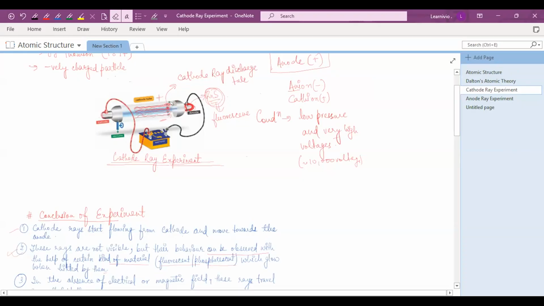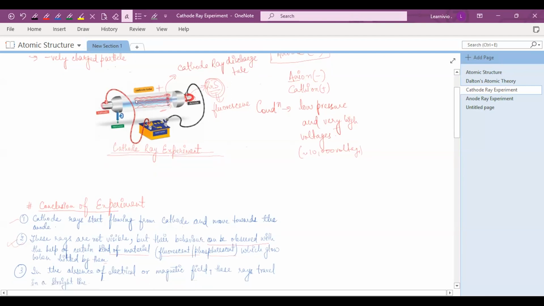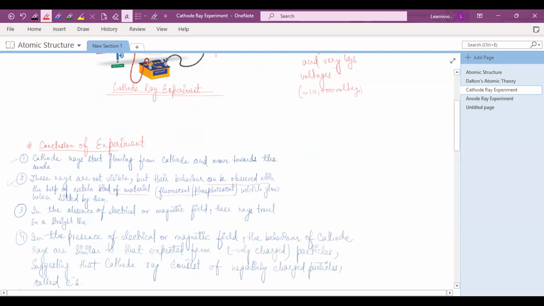When he applied the electric field, the rays deflected. But when he applied the magnetic field, meaning when he put a magnet over here, what did he observe? He observed the same deflection, right? So these rays deflect towards a magnet. So we conclude that